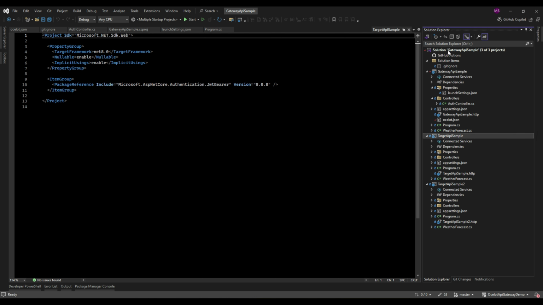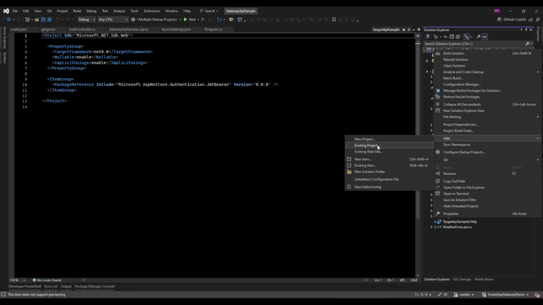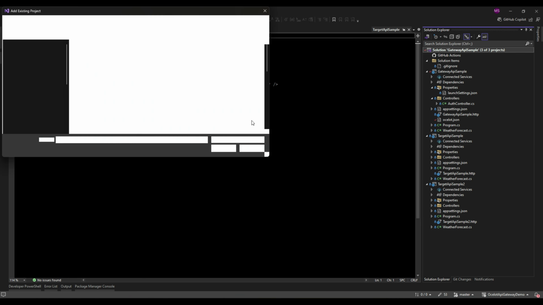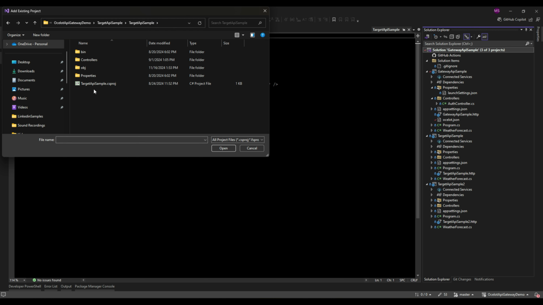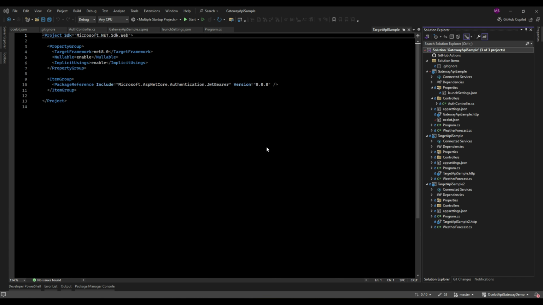In Solution Explorer, I right-clicked on the solution file at the top and selected Add then Existing Project. Then I navigated to the folders containing Target API sample and Target API sample 2 and added their respective .csproj files to the solution. Now all 3 projects are part of the same solution, which makes it easier to manage them.